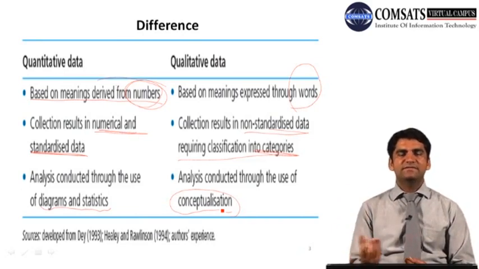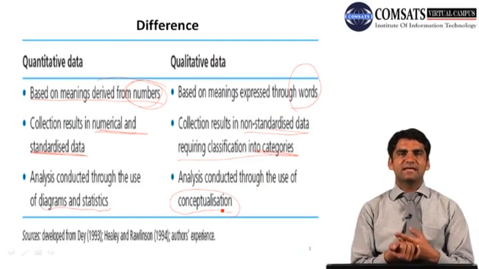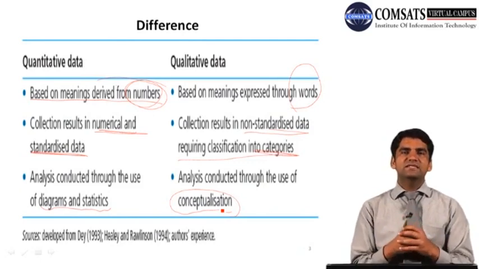While qualitative data is based on words. What you do in qualitative research is go and ask normally unstructured questions, or even if it is a structured question, they are open-ended questions. Within open-ended questions, you are normally unable to get numbers. So what you get is words, opinions, perceptions, realities, their own ways of thinking and linking various phenomena of life. And based on these things, you try to analyze